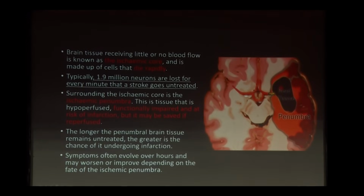So in this diagram, you can see this is the brain tissue. This is the MCA territory. The brain tissue receiving little or no blood flow is known as the ischemic core. Just look at the diagram here. It is made up of cells that die rapidly. And usually 1.9 million neurons are lost for every minute that a stroke goes undetected. And surrounding this